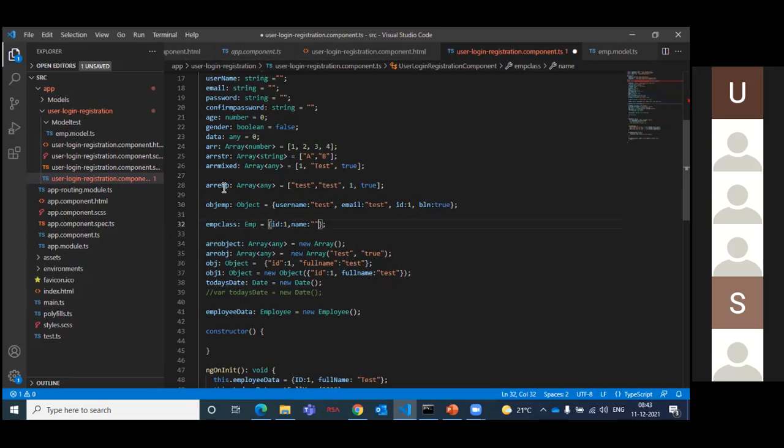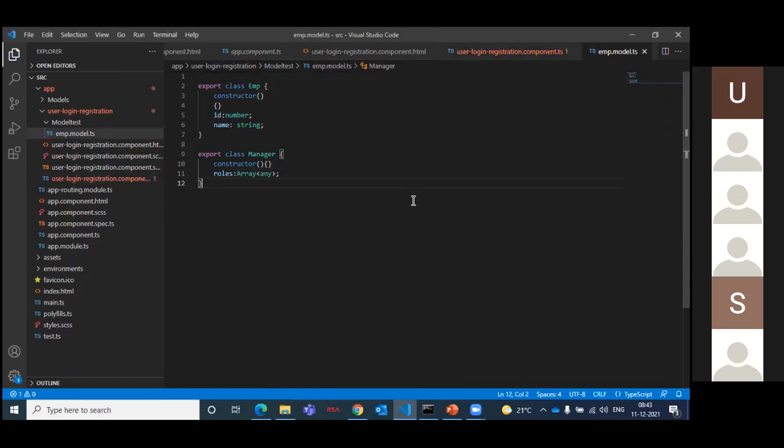So array means collection of the data. Object means collection of the data with key and value pair. Employee is also key and value pair. Class is also nothing but key and value pair, but these keys will be defined as a part of the model definition here. So what is the difference?